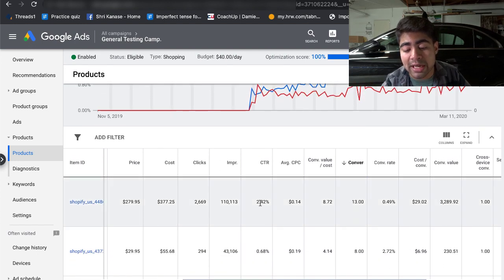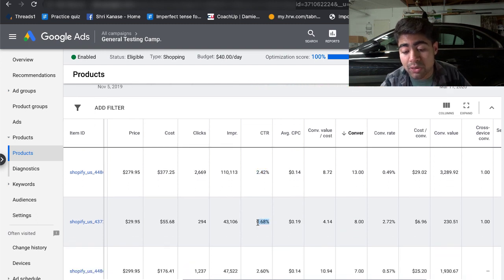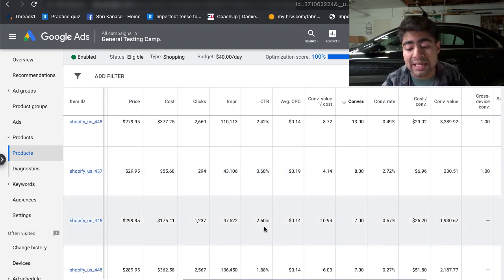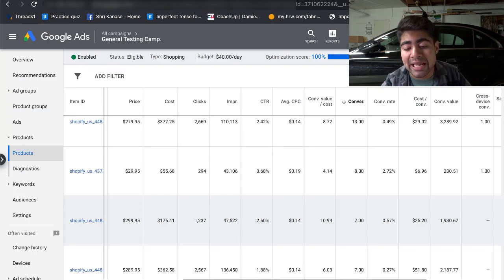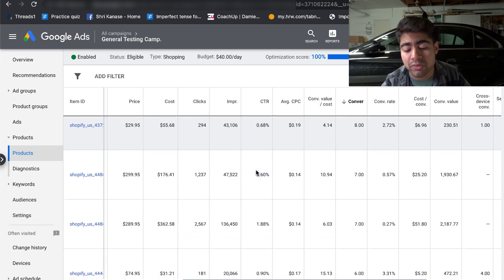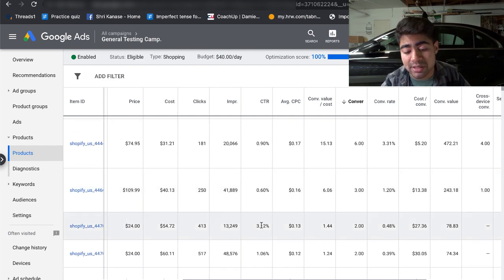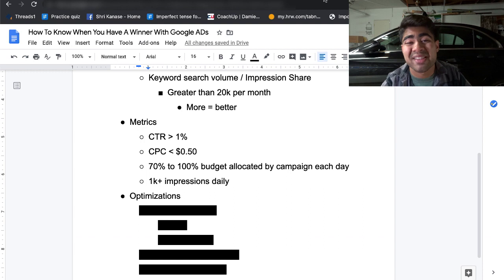So the first product had a CTR of 2.42, and this one had a very low CTR, but it was performing really well. So as you guys can see, not all of the metrics that we go over always have to match, but nonetheless, you'll see that it's a very common thing for the metrics to match. But the first metric was, of course, the CTR greater than 1%. And as you guys saw, within a lot of these products so far, the CTR is indeed more than 1%. Usually you want to have it much higher than 1%. As you can see, some products have 3% CTR, and my main winning product is 2.42